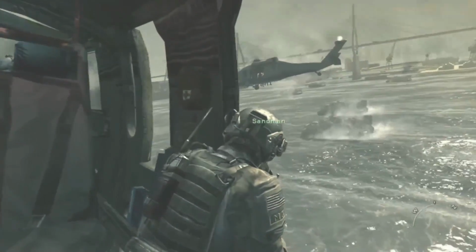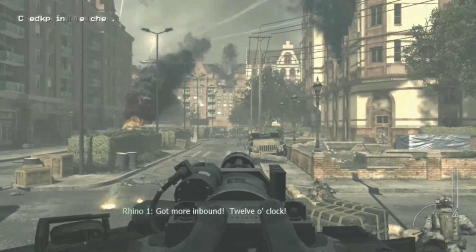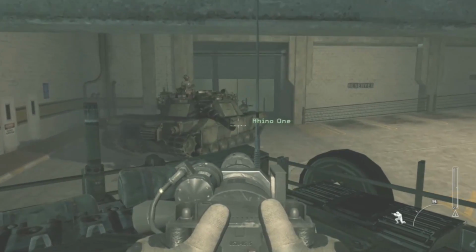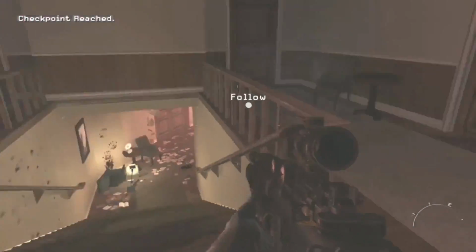We have Goalpost next, and for this one I just kind of ran through the streets and survived somehow. I jumped on the tank minigun, and I didn't shoot and just hoped for the best, and we managed to get through this part, so I'm proud of that. We get to the streets in the next section that are absolutely chaotic. I just used the buildings for cover the best I could and pushed up,